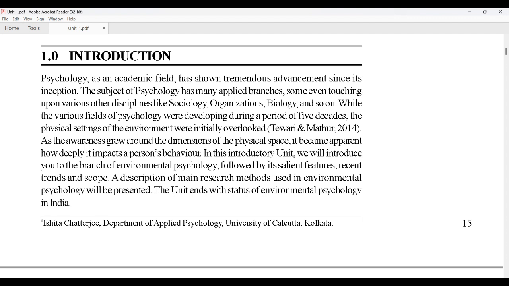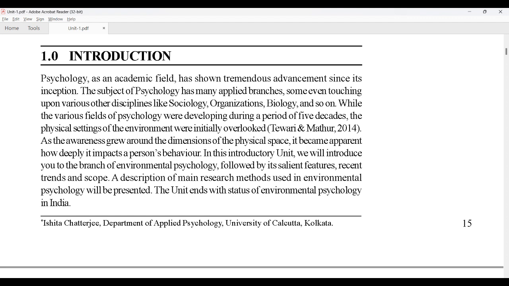The subject of psychology has many applied branches, some even touching upon various other disciplines like sociology, organizations, biology, and so on. While the various fields of psychology were developing during a period of 5 decades, the physical settings of the environment were initially overlooked. As the awareness grew around the dimensions of the physical space, it became apparent how deeply it impacts a person's